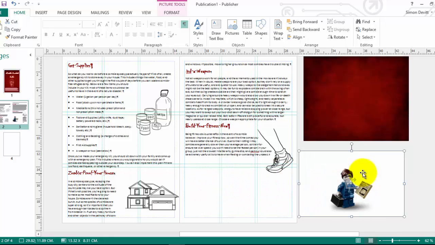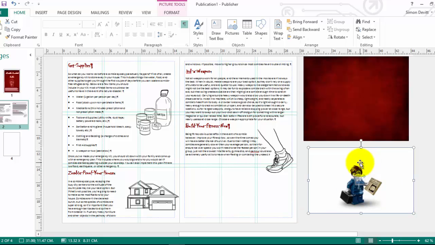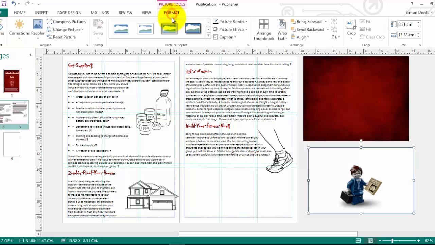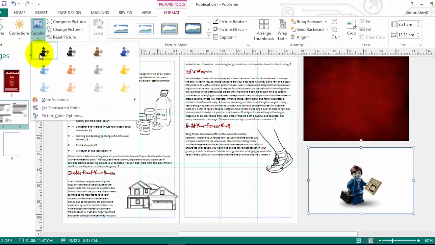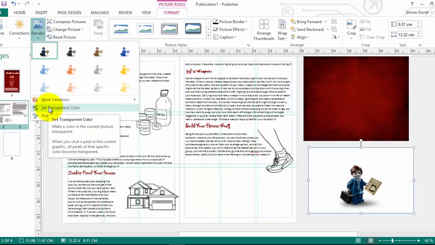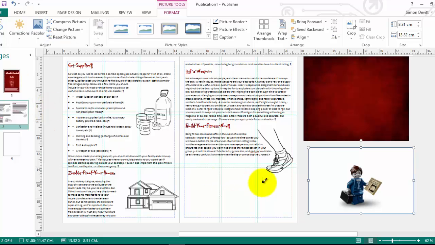So if you don't have the likes of Photoshop, which is a great program for doing photo editing, or maybe your skills in that program are not that great, there's a few ways that you can get around this. One of the easiest ways to do it is to actually use the likes of Publisher to go through and format the picture, and to look at resetting or setting a transparent color. This works really well when there's good contrast between the background and foreground. So at the moment we've got a really good definition between this particular shape here and the background, apart from where the shadow is. If I click on the white, it will make all of the white transparent,